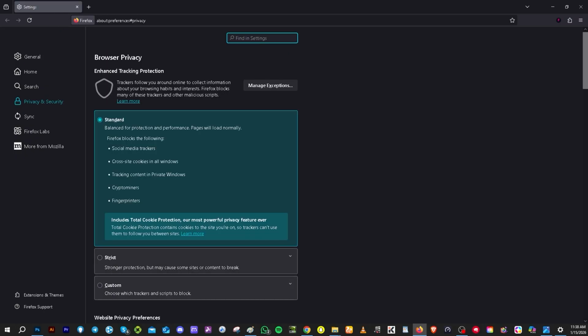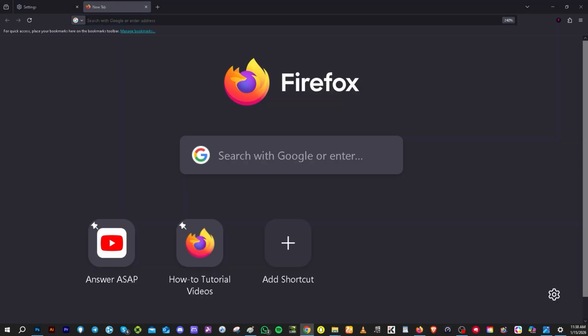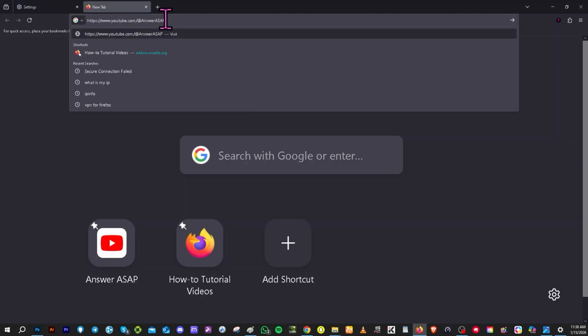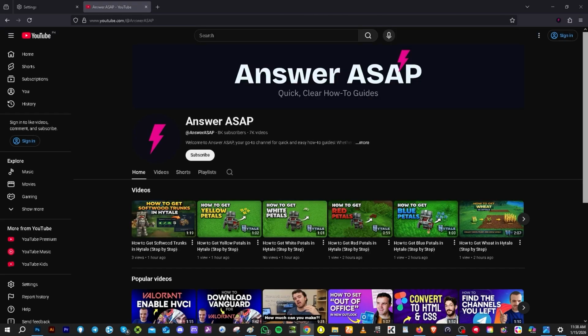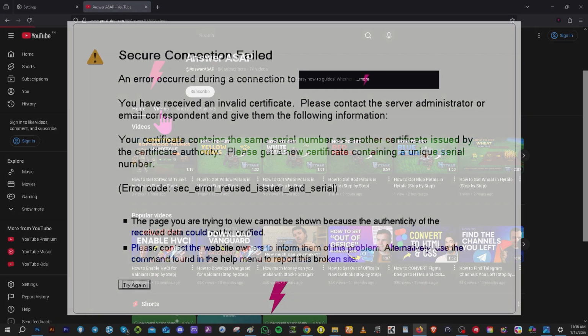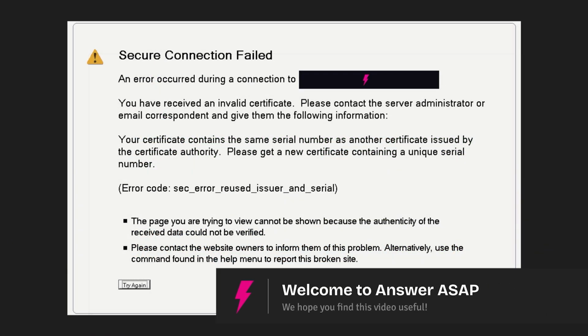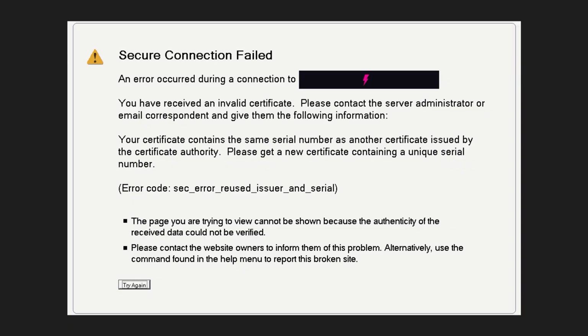Now, try to go to the website that you are having problems with the secure connection. For example, this website. If it loads, basically we are successful, and after trying all these steps, your secure connection error should be fixed by now. And that's how to fix secure connection failed in Mozilla